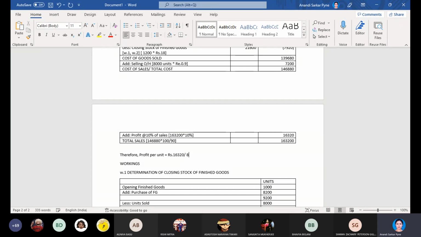So the amount which has been sold is 8,000 units. We will just divide it. It will be 2 point something. So 1 lakh 63 thousand 20.4